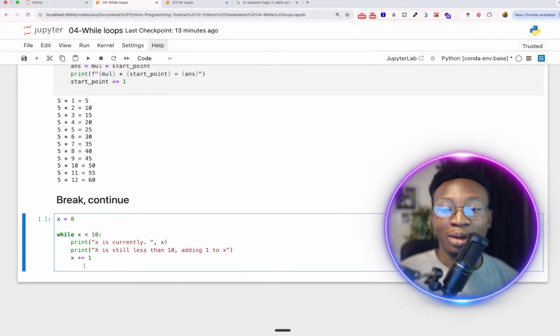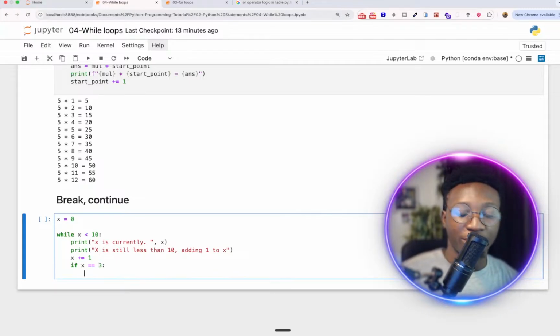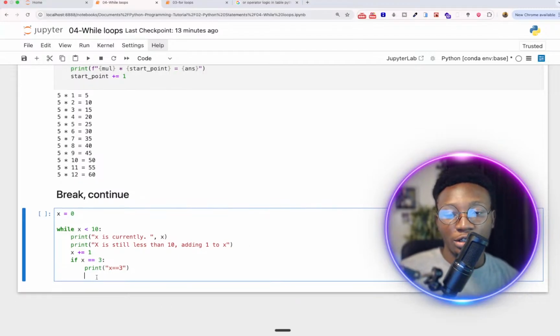So now we're going to check if x is equal to 3, right? We're going to print out x is equal to 3. And now, okay, you know what? Instead of me printing out x equals to 3, let me just print out x equals 3, all right? Because there are going to be a lot of text printing out, all right? So I'm going to say print out x is equal to 3, and I'm going to say else,